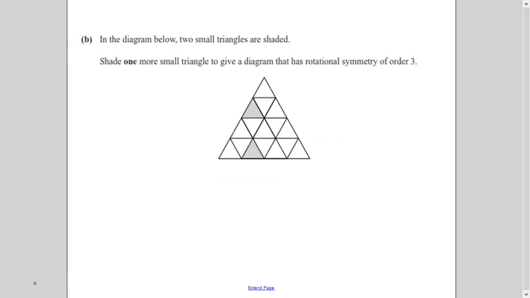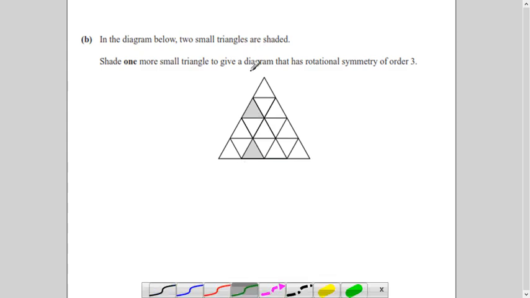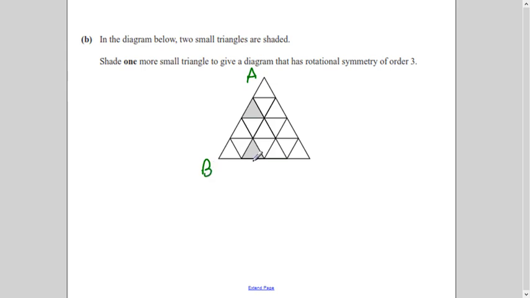Now, the second part of the question. In the diagram below, you have to shade one more circle so that this triangle has 3 lines of symmetry, rotational symmetry of order 3. It means if I give it names, for example, call it A, B and C, when I start rotating and A comes to C, C comes to B, B comes to A, it should look exactly as it is. Right now, I know this side has no shaded region, whereas this side has one shaded region, and this side has one shaded region.